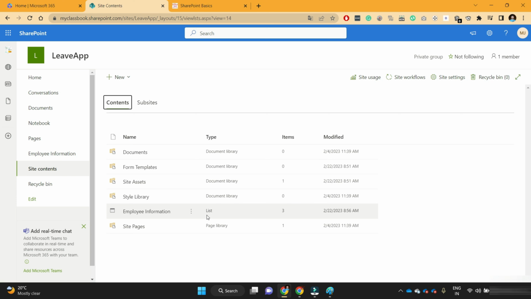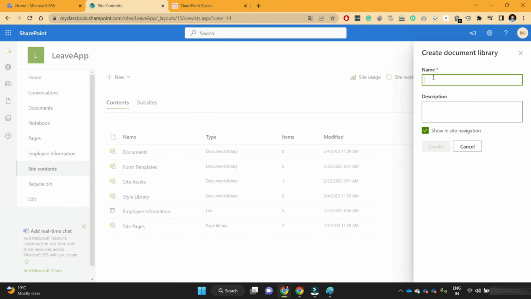You can see the type as list. But we have other libraries as well. If you see documents, form template, site assets, style library, site pages, all these are document libraries. You can see the icon as well. Let's create our own document library by clicking on new and document library. Give it a name as